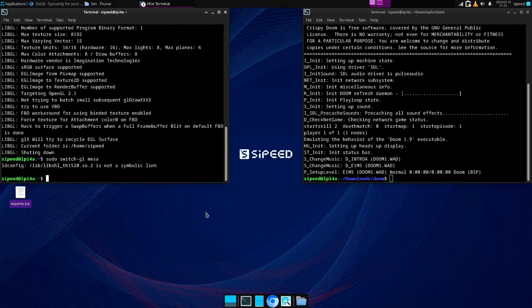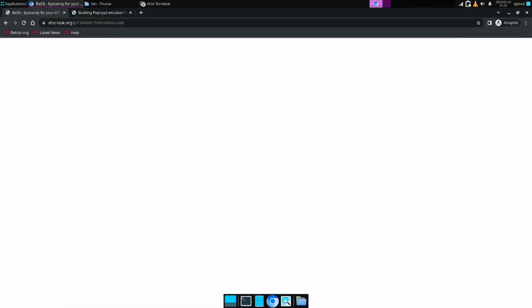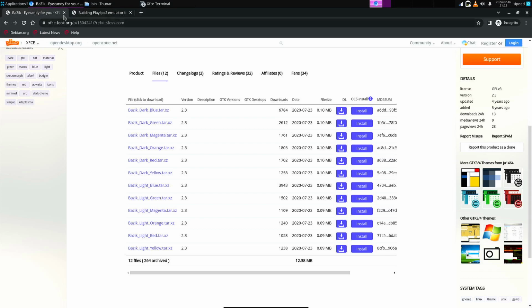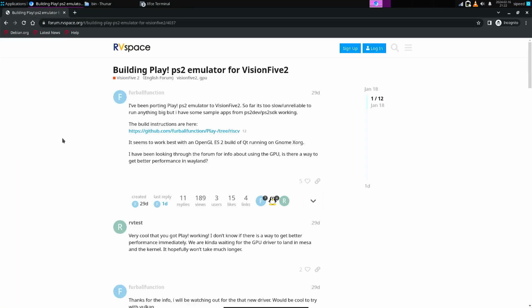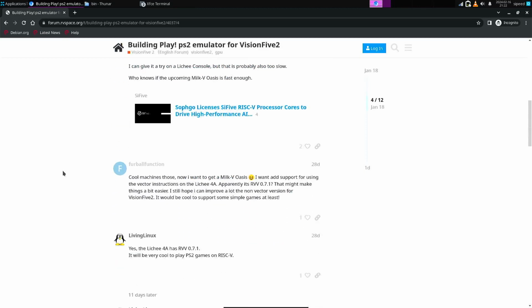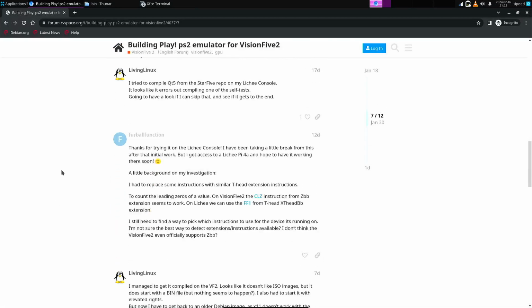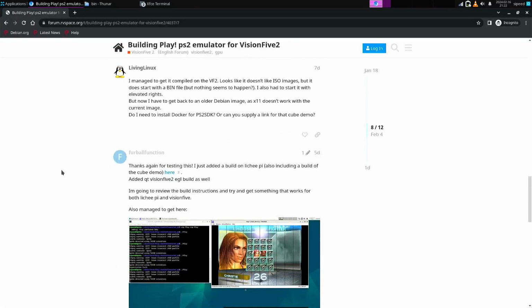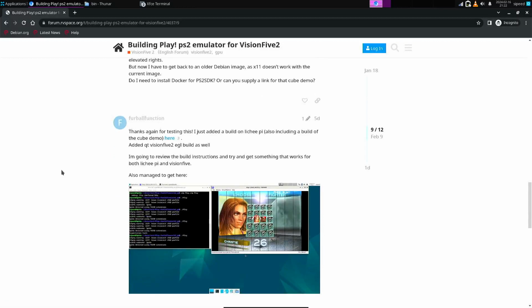That was the end of the README file. Let's see what we have here. Yeah, just some last thing. Someone is busy with getting the PS2 emulator Play working on RISC-V. So he says he has a working version for the Vision 5.2. And after a while, he also got access to a Lichee Pi. And he says that it's also working on the Lichee Pi,